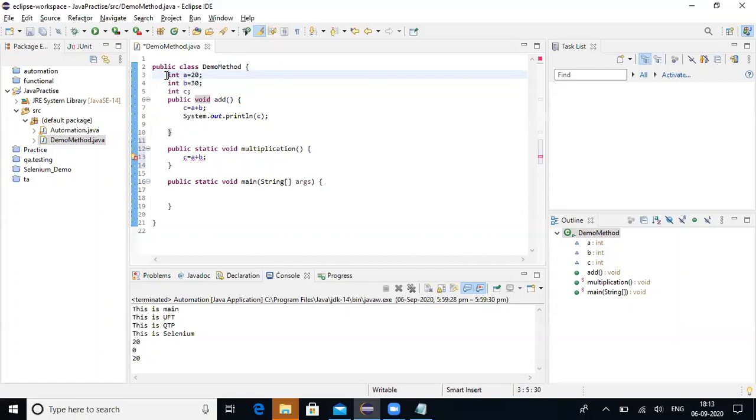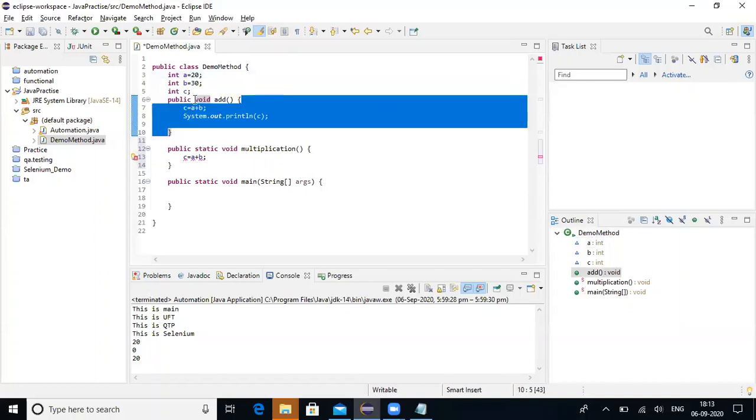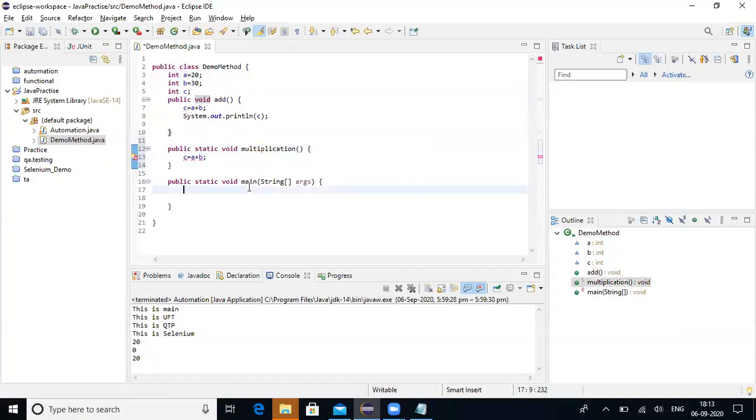If it is declared as static, you can access it anywhere. Even though it is a non-static method, you can access. Even though it is a static method, you can access. It is declared as static. Non-static member variables cannot be accessed by a static method. How to access these variables? Can anyone tell me how to access the non-static variable from this method?